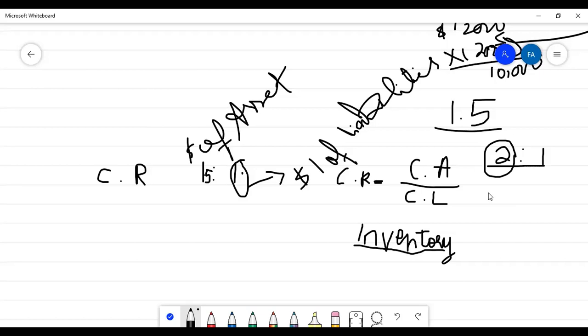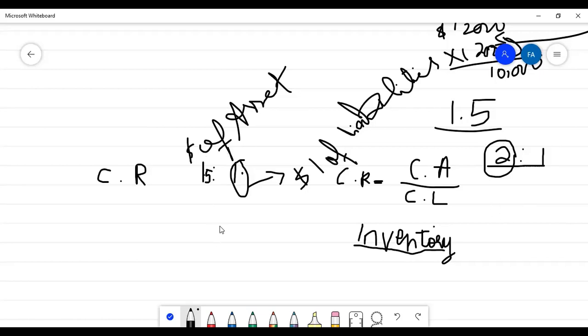But you will write in your answer, if you have the balance sheet in front of you, so you can see whether the inventory is higher, whether the cash is there, you could write down that the cash can be invested somewhere in order to earn interest on that. Okay. So ideally it should be 1.5. If it is higher, your cash is idle. You should invest it somewhere. Okay. If it is lower, what will be the answer?